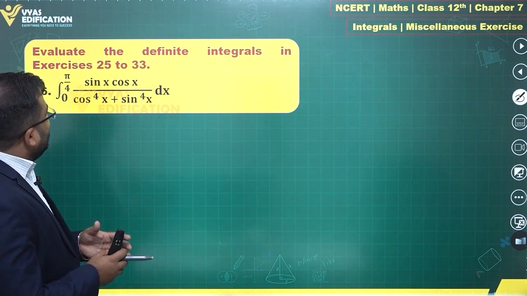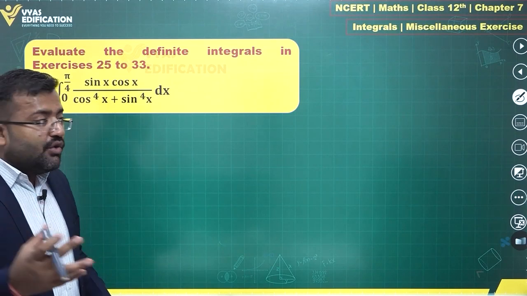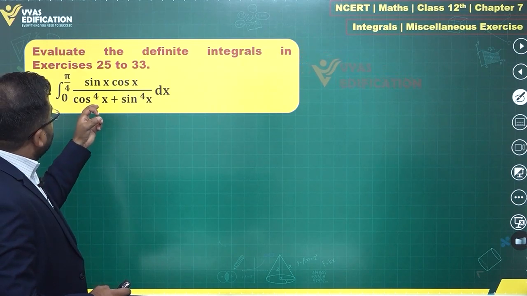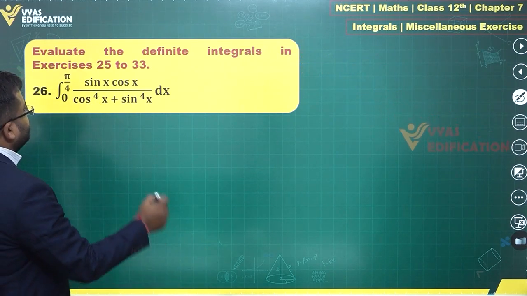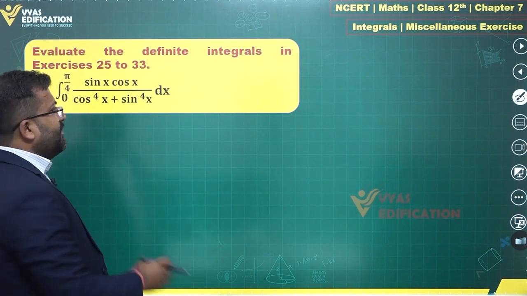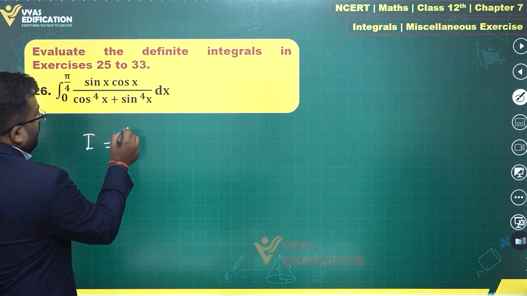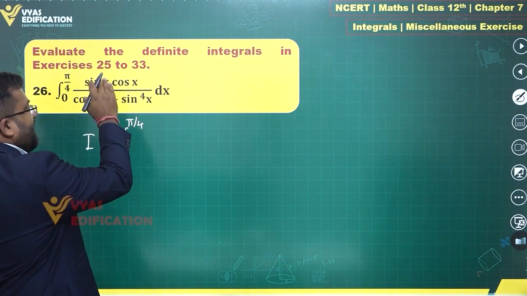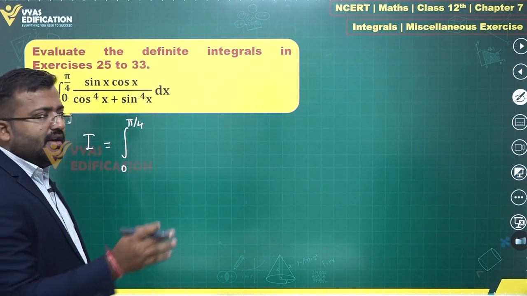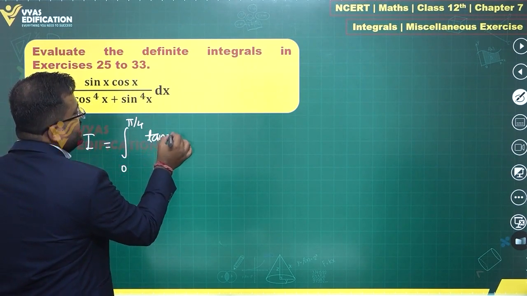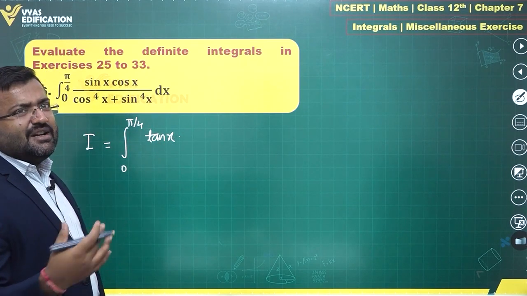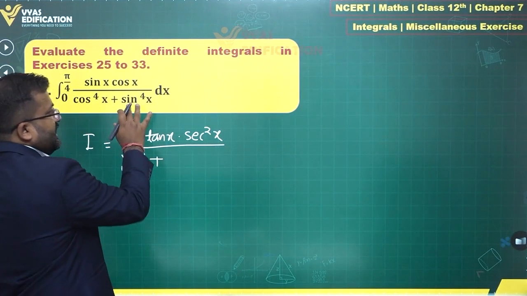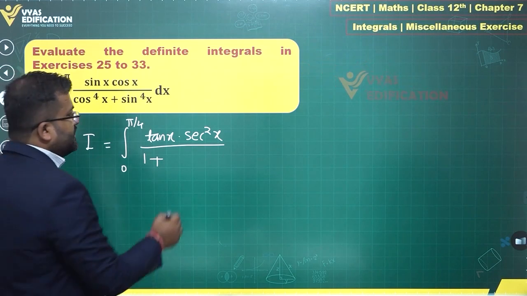In general, you'll have to think of integrating this whole expression. And integrating this whole expression will be an issue unless you realize that this cos power 4x is creating a lot of problems. Can I divide with this cos power 4x and see where that takes me? The whole denominator is creating a problem, so let's divide with cos power 4x. What does that give me? From 0 to pi by 4, dividing by cos power 4x, in the numerator we have sin x upon cos cube x. Give one cos x to that, that becomes sin x upon cos x, which is tan x. There cos square x still remains in the denominator, that will be equal to sec square x over here. This is 1 plus sin power 4 upon cos power 4, which will be tan power 4x,